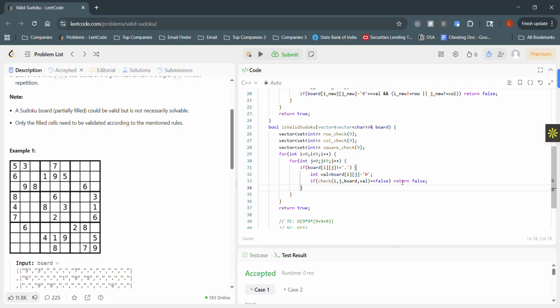If I encounter a value which is not equal to 0, I check if this value already existed in either my row check, column check, or square check. So if row check of val is